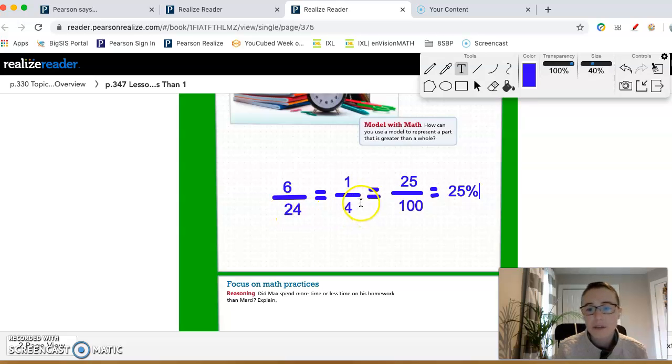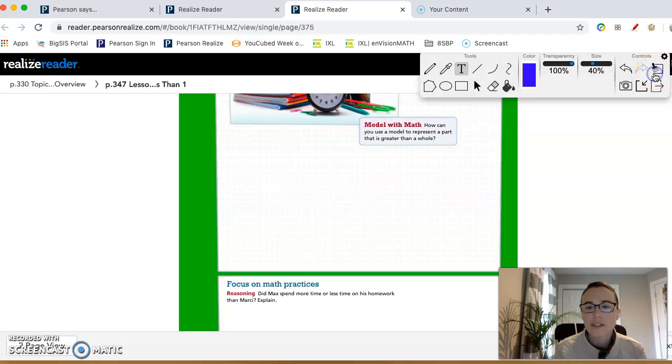You can go through this process. So you can reduce the fraction and then try and make this a fraction with a denominator of 100 if the numbers are more compatible. So that's another strategy you can try if you come across problems like this. Okay, so what we're going to do is we're also going to be talking about fractions that are greater than